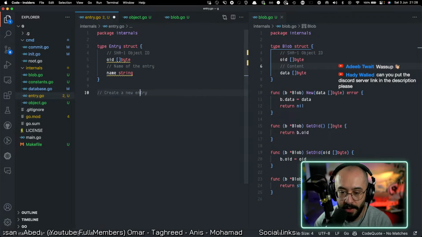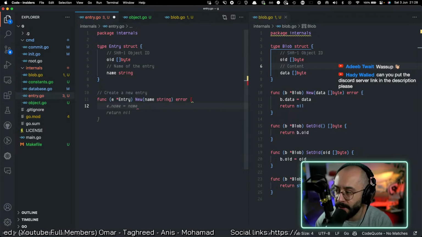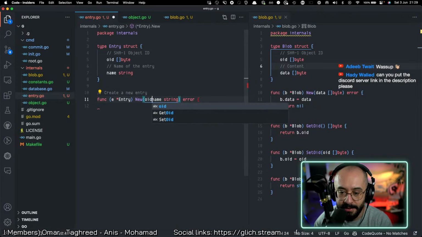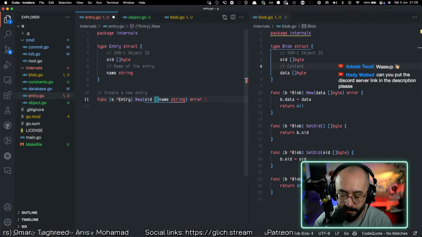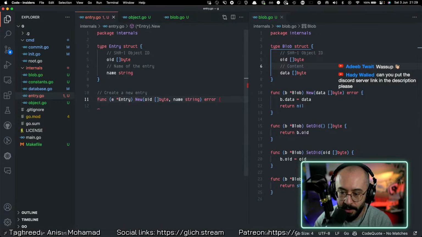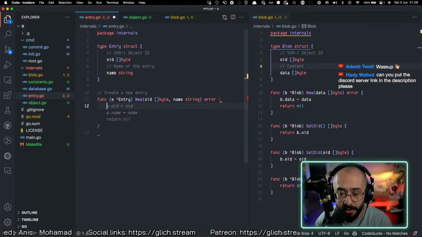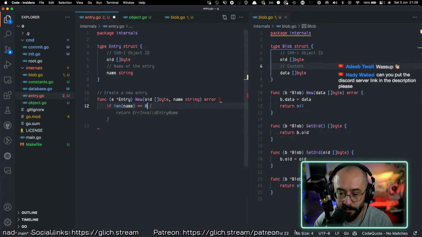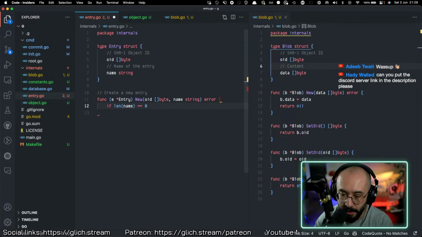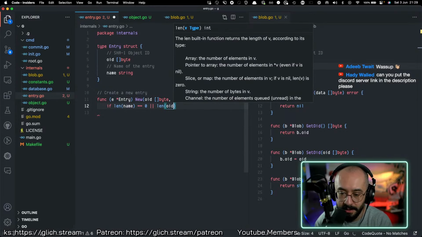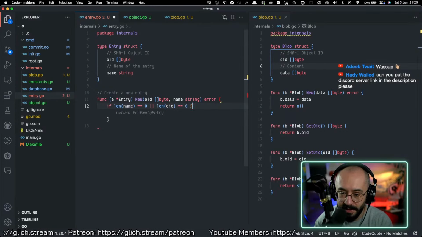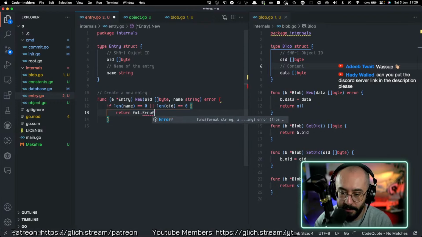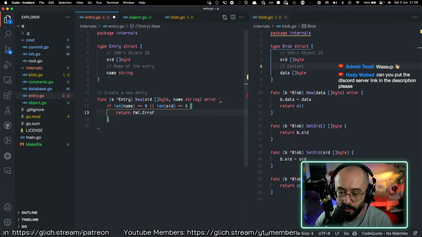And then we're gonna create a new entry, which is gonna be done with the new, and then we're gonna pass a couple of things here. So we're gonna pass the OID as a byte slice, and then we're gonna pass the name. And as I mentioned, validation is important. So if the length of the name is equal to 0, or the length of the OID is equal to 0, I want neither of these parameters to be empty, so we're gonna return errorf, and this is how you define errors. There's really no need to define